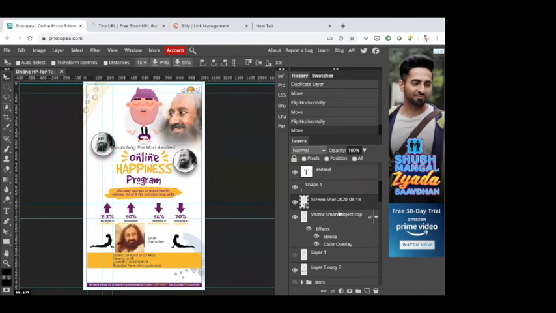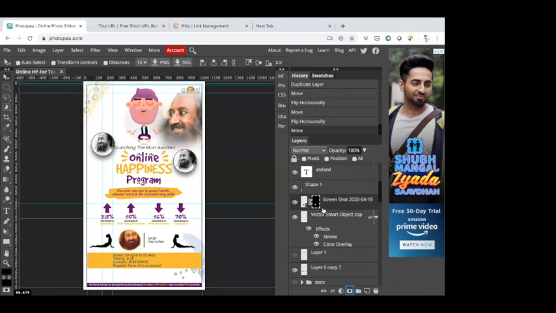Now just below that image on the right side you can see there is a vector smart object copy. Can you see that? Click on Control plus Control and then click on that particular layer. Now you can see that on Gurudev's image there is a selection that has come. Now go back into Gurudev's layer, that layer which we dragged and dropped. Click on that and then click on the mask button.